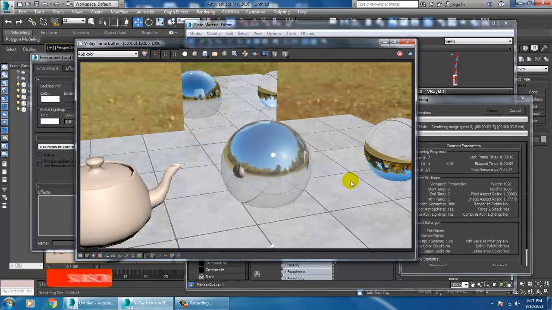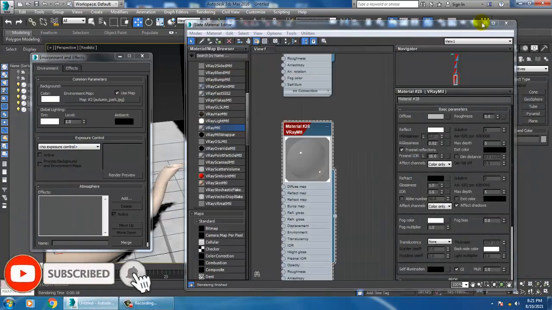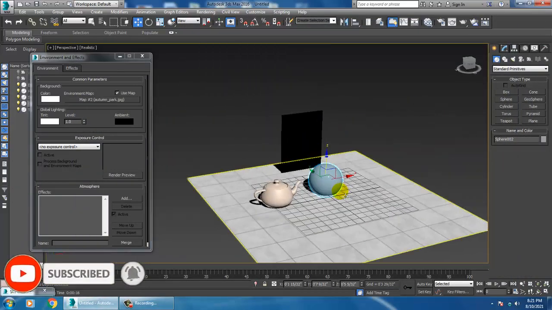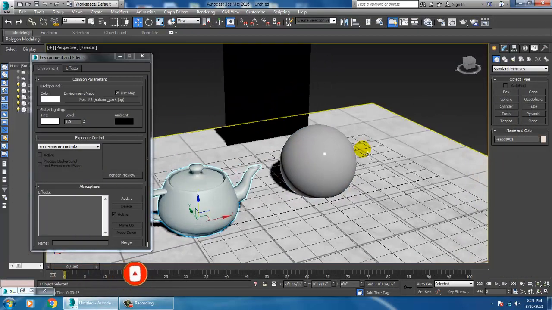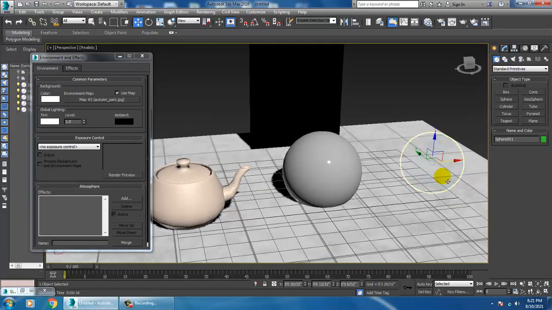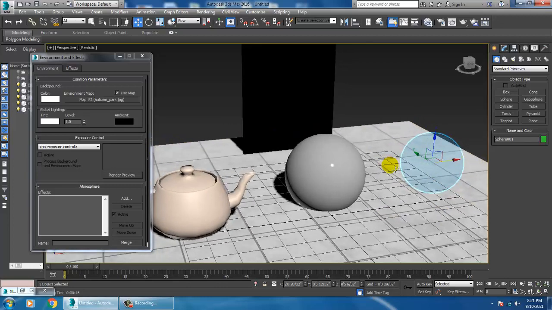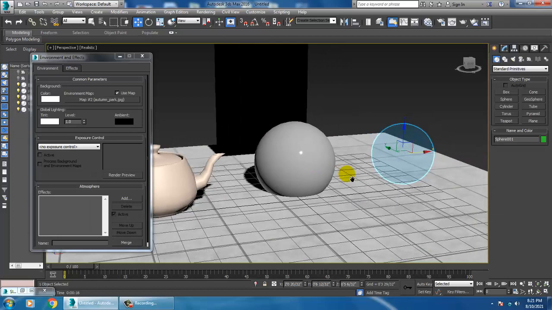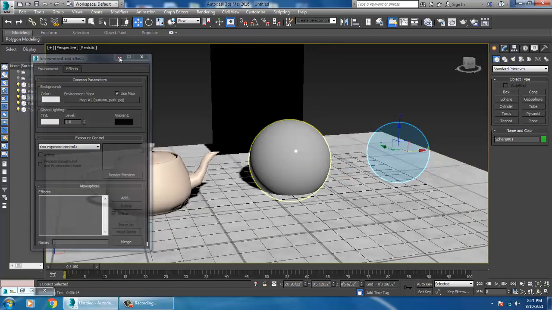So different properties for it, as you can see over here. Definitely we have not worked with the lighting part.